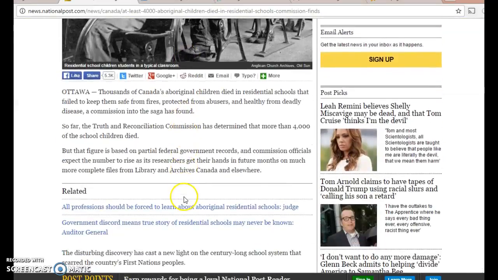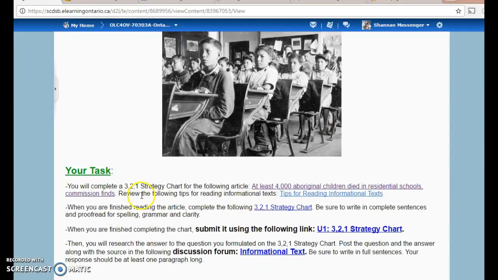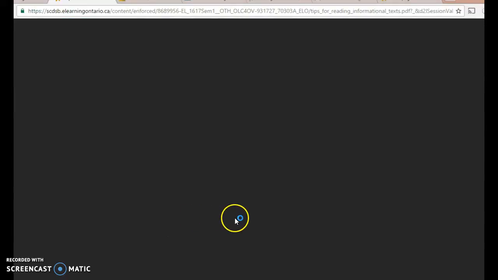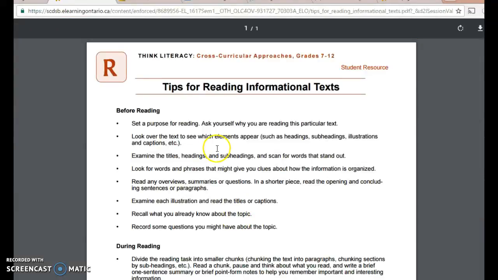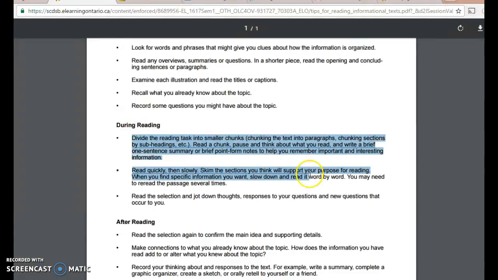So what you will do is you will read through the article. Before you begin reading, take a look at this document. It gives you tips for reading informational texts. So as you can see, before reading, you're going to really only focus on the during reading. Divide the reading into smaller chunks. Read quickly, then slowly. Read the selection and